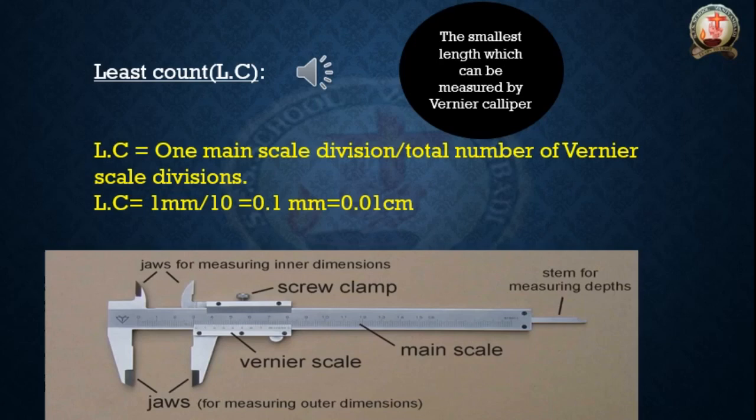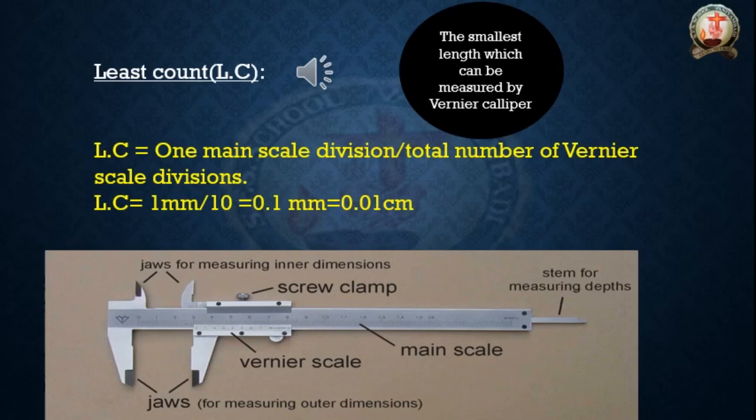Now please all of you see the diagram that I have mentioned here. In this figure, in the middle, one big scale is there, right? Big scale. I already told you in the description that it is the main scale. Please see that on the main scale some readings are there: 0, 1, 2, 3, 4, that is centimeters, right?